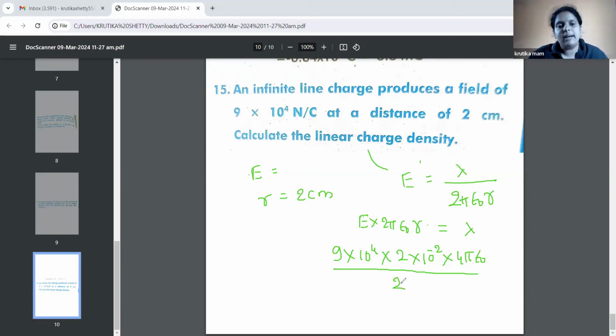2. Because if you divide by 2, the 2 gets cancelled. So the 2 cancels and 2 pi epsilon naught remains. Do you understand? So now you can simplify this one. That is, lambda is equal to,